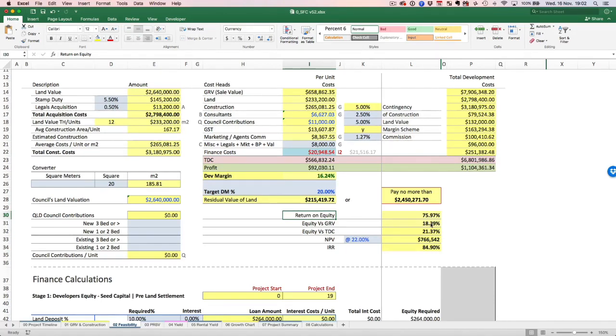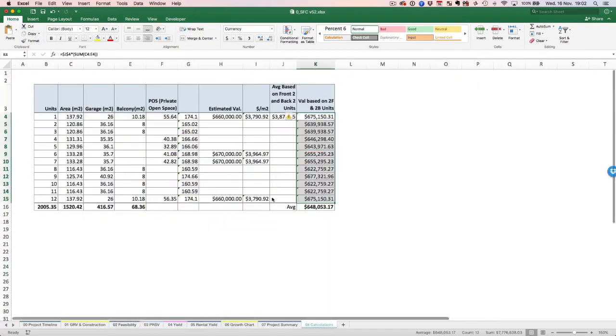anytime I do a project, and if I've got whatever amount of money I've got, or let's say the total GRV of the project is 20 mil, I just have to multiply that by 0.25 because I need at least 25% of that money in my hand to be able to do the project. And I can do it in reverse as well,